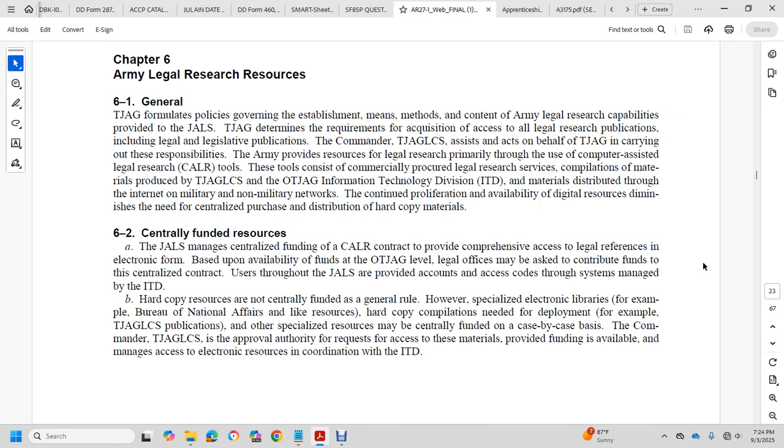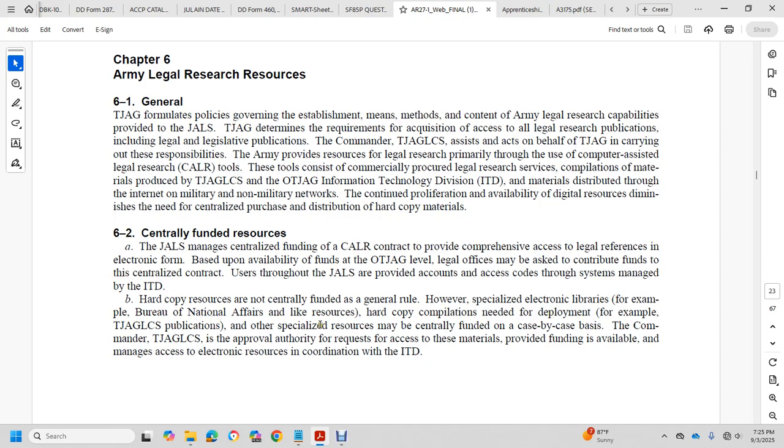Computer assisted legal research contract to provide comprehensive accessible legal research in electronic form based on availability from the Office of the Judge Advocate General. Legal officers that may be accepted, the contract funds a centralized contract with the Judge Advocate Legal Services to provide accounts for access codes with the system managed with the ITD. The general rule is centrally funded; however, specialized electronic libraries acceptable, the Bureau of National Affairs with like resources or copy compilations needed for deployment, for example Judge Advocate General